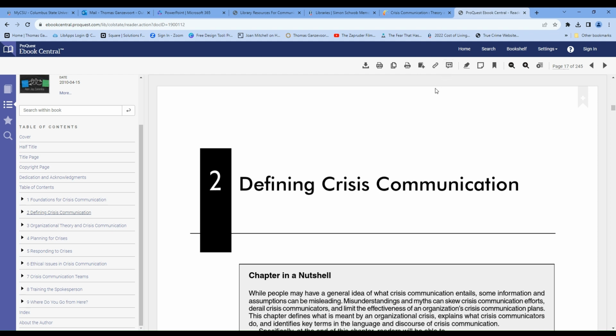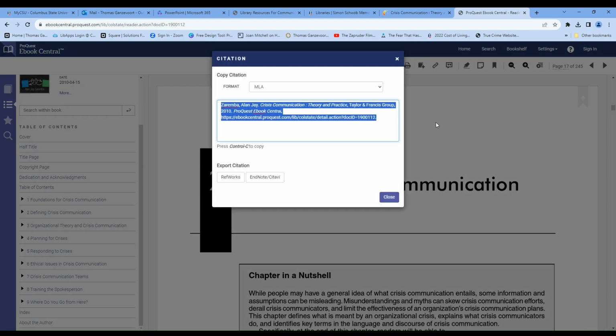If you are using this item as one of your sources, to get the formatted citation for this chapter, you just click on this icon, and it's going to give you different types of style formats. The default is MLA. If you're using APA, you can change that over to APA,